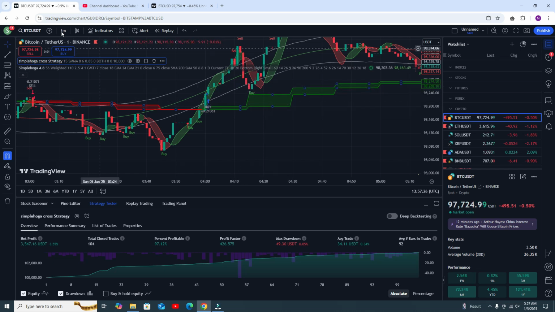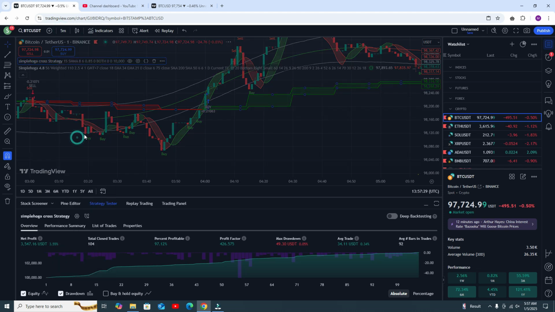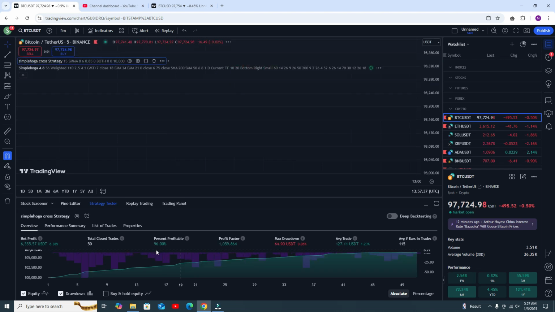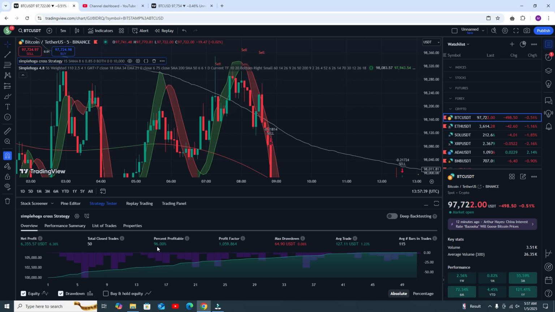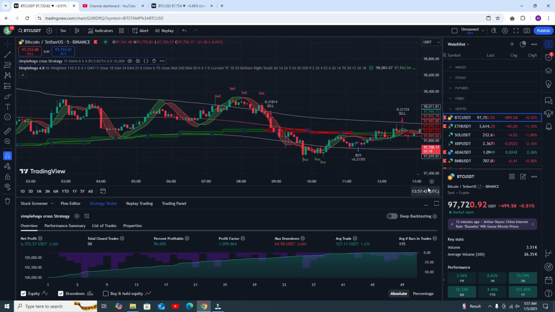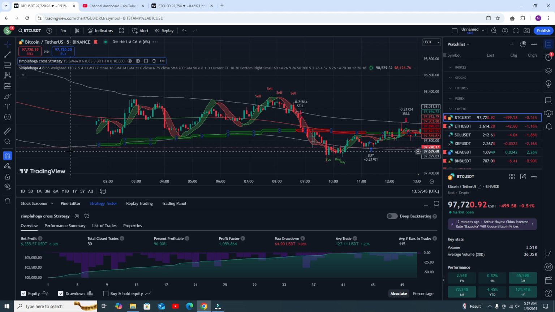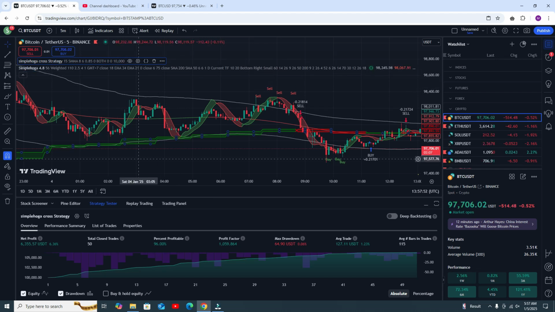Okay, now let's see the results in the 5 minute time frame. If we use the 5 minute time frame, definitely your accuracy will be lower, but we need to change the setting, around 96%. That's actually fine, but we need to change some settings because we need a big trend. Out of 50 trades you are getting almost 100% accuracy. That is actually fine, but if you need, you can change the setting.